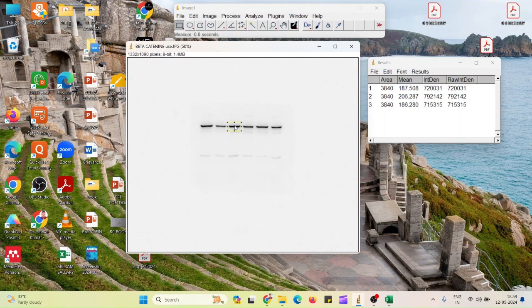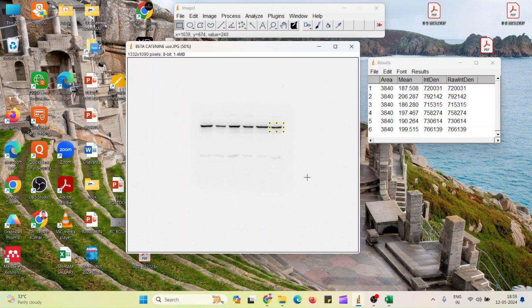Then the third one, Control M. Then the fourth one, Control M. Fifth one, Control M. Remember that this rectangle should only cover the targeted band, not any nearby bands. So I got the area and mean of all the bands.